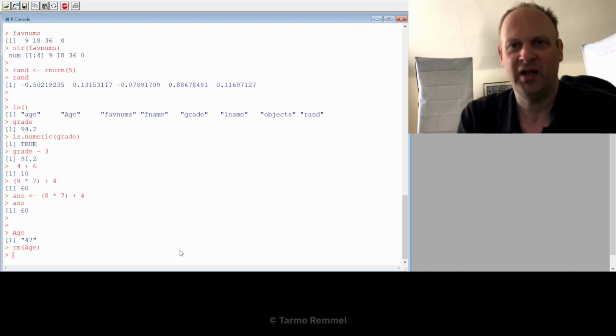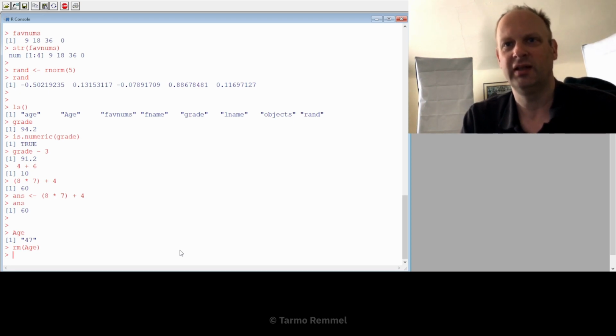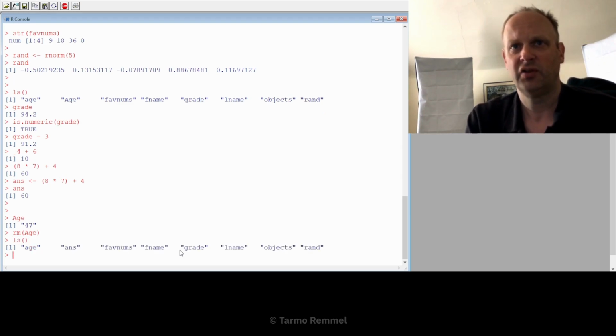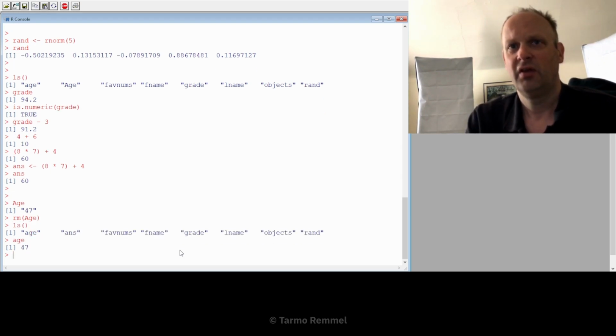Ask yourself, am I deleting the correct object before I hit enter? Because it's very easy to delete things or overwrite things and have things change. So again, ls, let's say we have this object called age. If I did